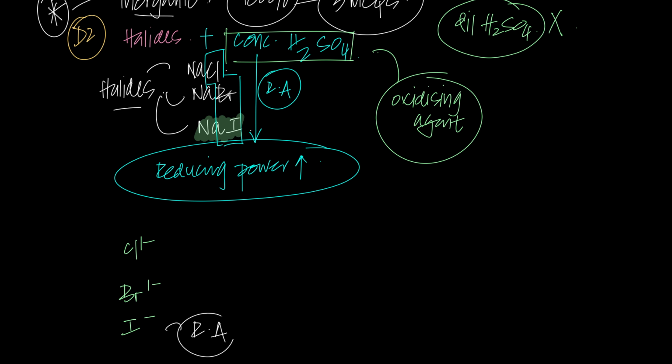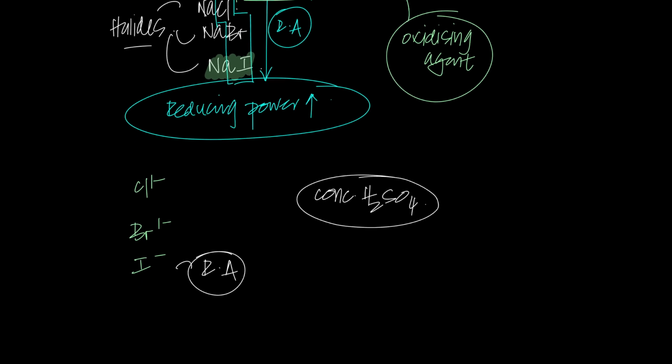This is the strongest reducing agent, right? And conc sulfuric acid is the oxidizing agent. Please, dilute sulfuric acid is not an oxidizing agent. Conc sulfuric acid is the oxidizing agent. If I ask you a general question without having taught you anything,